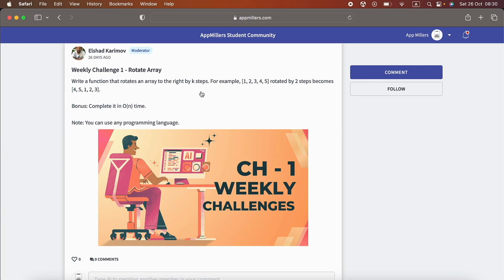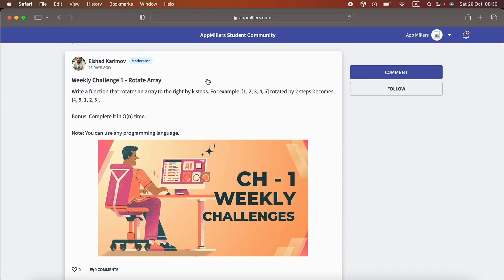Alright, in this lecture we are going to solve the weekly challenge 1 from AppMillers Tech Community. Here it says that we need to write a function that rotates an array to the right by k steps, and we have provided an example over here. So what I'm going to do, I'll just go ahead and put this one in the slides, and this will